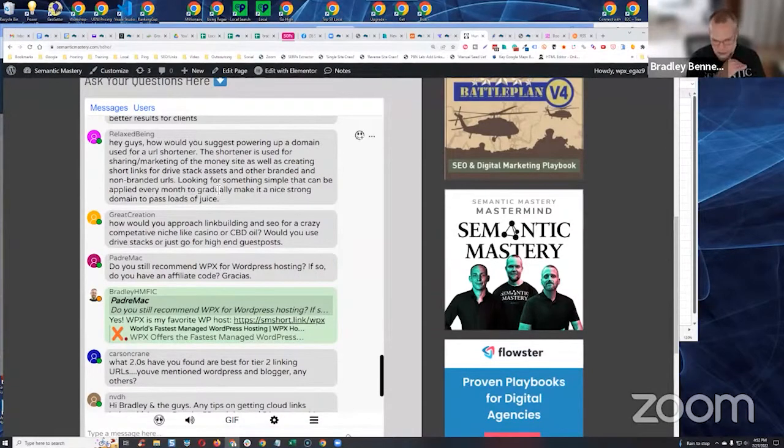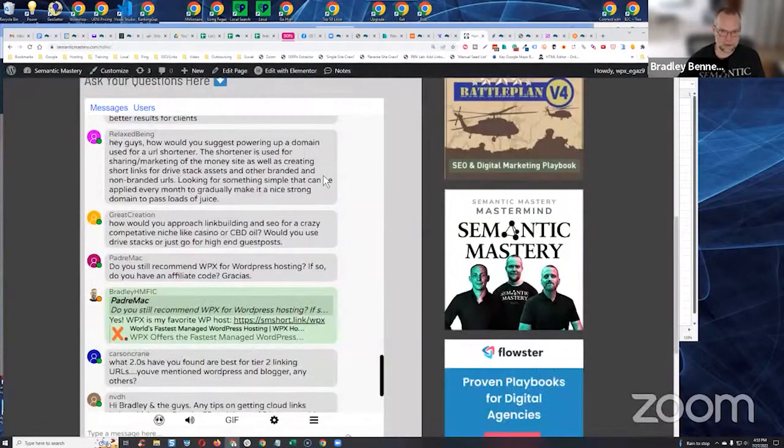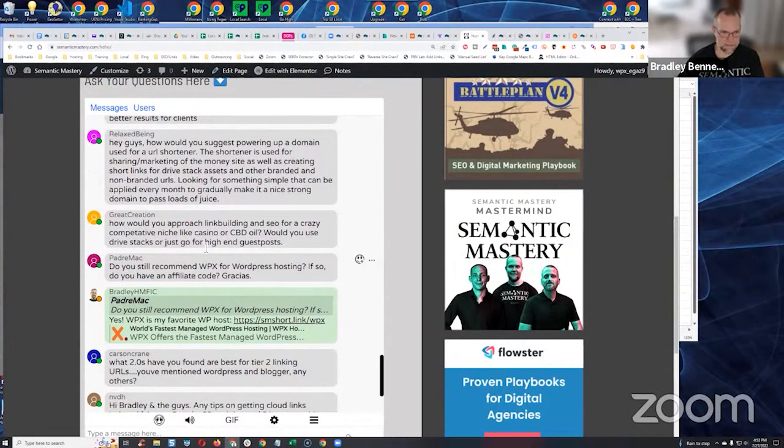Because everything that I do on the link building side of things now is all about topical relevance. So we build links basically manually. We don't really do any automated link building stuff except for this. It's the only thing we do, and I like this because it's got topical categories. So that's the only kind of automated link building stuff that we do. Everything else that I do is really a manual link building method, but I've got VAs that do all of that, right? So it's not really me building them. Anyway,